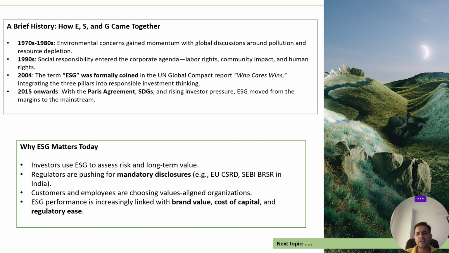Then a brief history of ESG, how E, S and G came together, was discussed in our webinar in detail. But just very quickly, we refresh. It's a 200-year-old history. If I want to start, I always start with the time before the Industrial Revolution happened in America, in the UK, in broad Europe, when the world needed a lot of output, right? We were on the path of becoming an industrial world from the agrarian world.